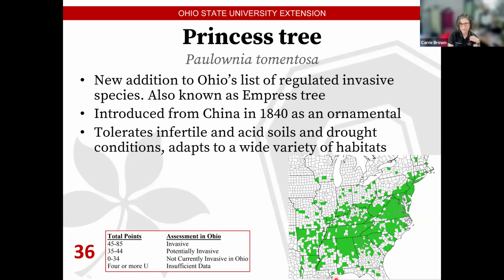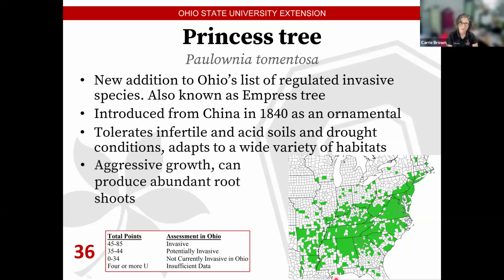It is tolerant of infertile and acidic soils and drought conditions. You can see that it is very well established in the southern states, so southeastern states within the US. But we also are starting to see establishments of this within the state, especially the southern part of Ohio. It is an aggressive grower, so it is able to grow very quickly, and it can produce an abundant amount